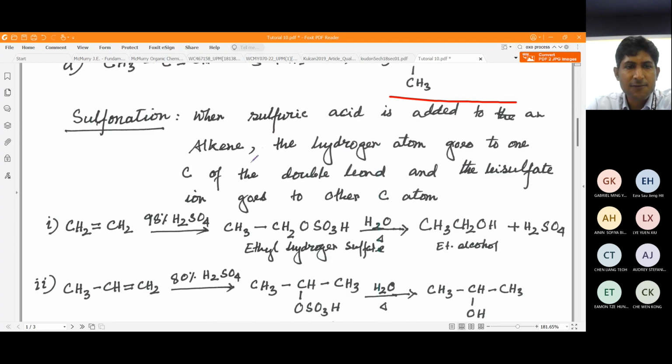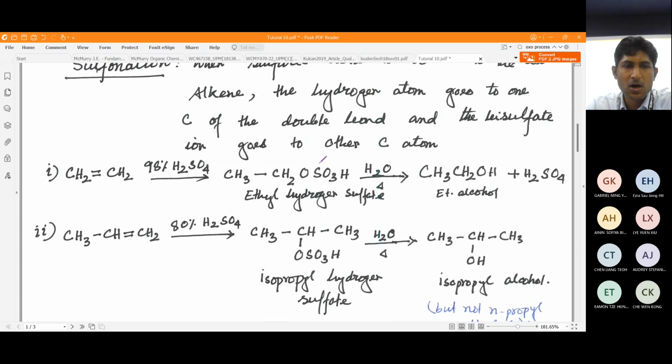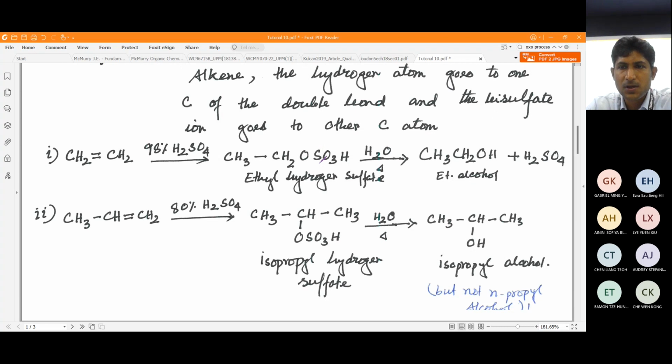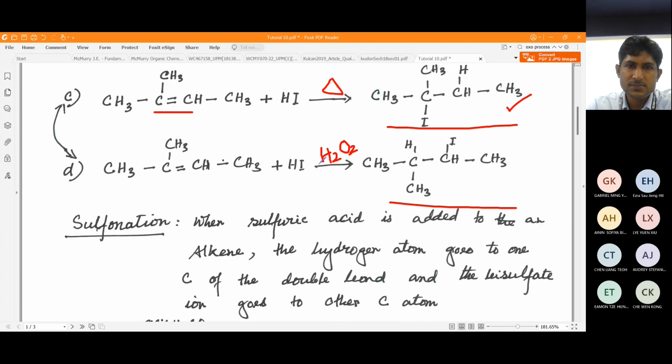Sulfonation, how do we add a sulfonic group or SO3 group to this alkene? By the way, we will be learning soon about the